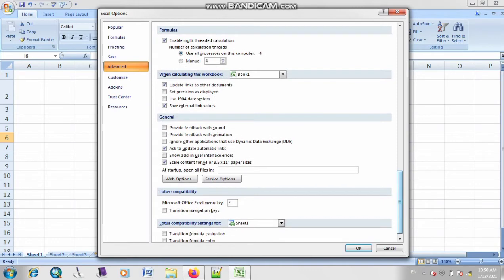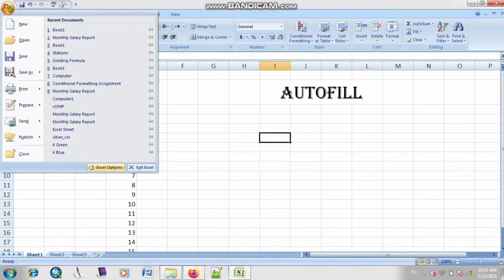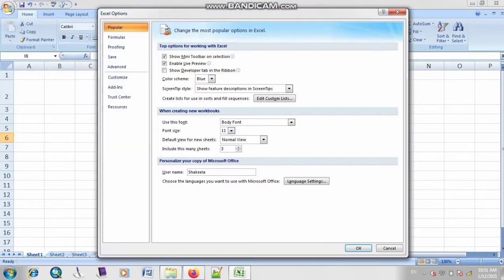So let's start again. Click on this option of Excel options. Excel options basically contain a lot of options related to Excel. So I'm just going to click on this Excel option. Now what is the next step? I'm going to give you a hint: you will find the next option on this dialog box, on this window of popular. On this dialog box you have to find the option of list. So can you find it? Nimra, can you find it?